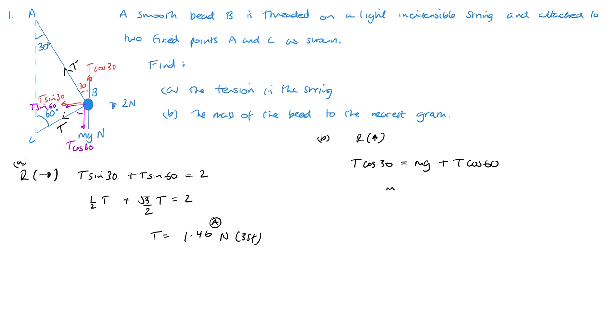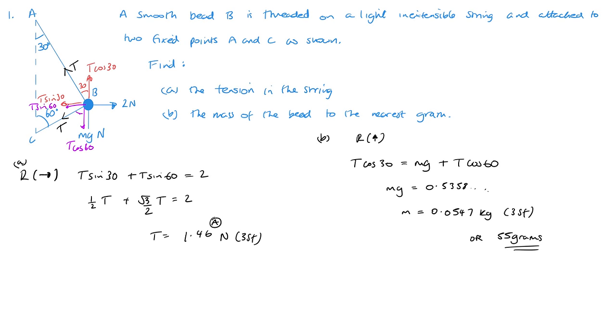Okay, so rearranging, mg will be 0.5358 and so on, then divided by 9.8, and we get that the mass of the bead is 0.0547 kilograms to 3 significant figures, or this would be roughly 55 grams,